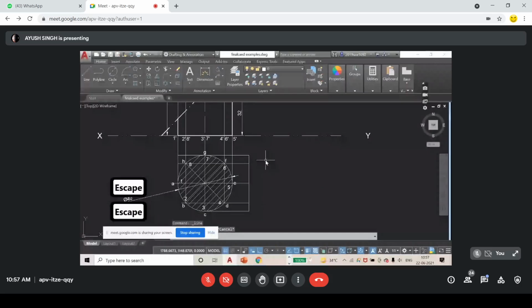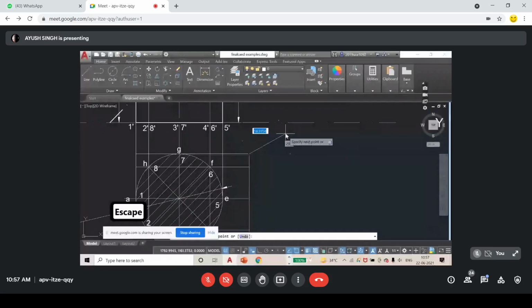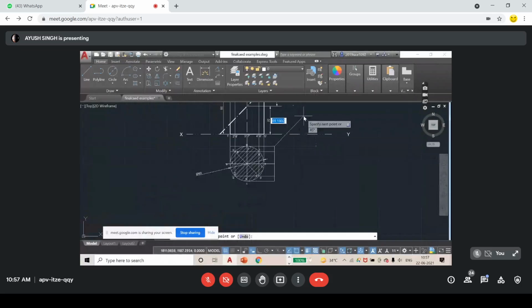I use X line because then it will be intersecting this circle, and it will be a bit harder to erase it. So what do I do instead? I have to use a line here. I create a line that is intersecting at an angle of 45 degrees.